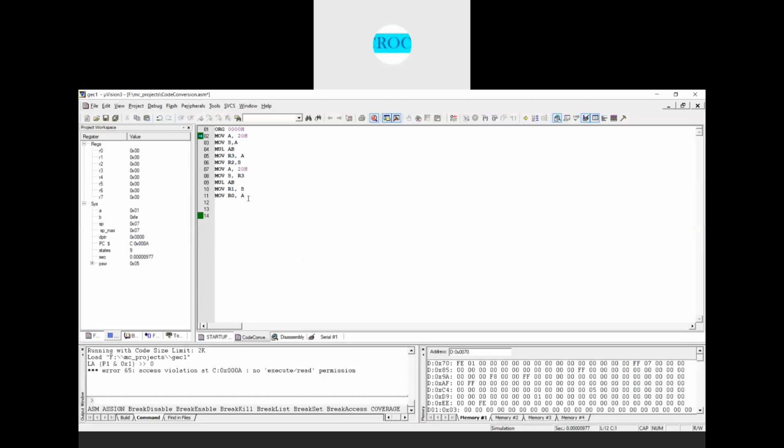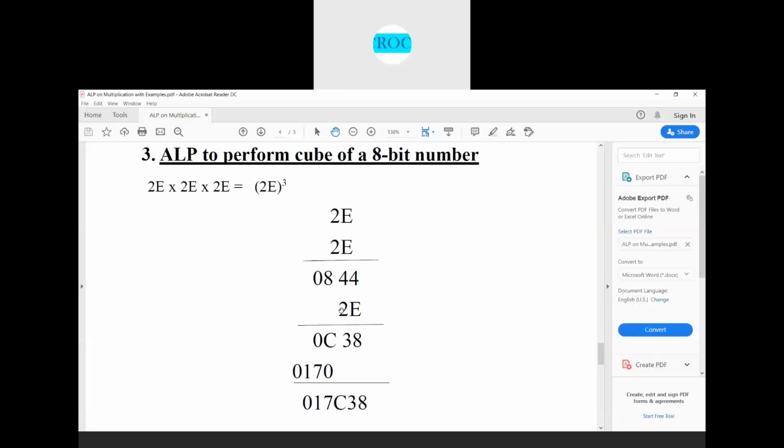Next, what do you do now? Again, MOV A, 20h. Now MOV B, R2. So that what I'm doing now: I'm again loading the accumulator with 2Eh from the 20h memory location, and this 08 is copied in the R2 register. That I will move into the B register, so that I'll multiply the contents of A with the contents of B now. So what is the result when I multiply these two numbers, 08 with the 2E, you get it